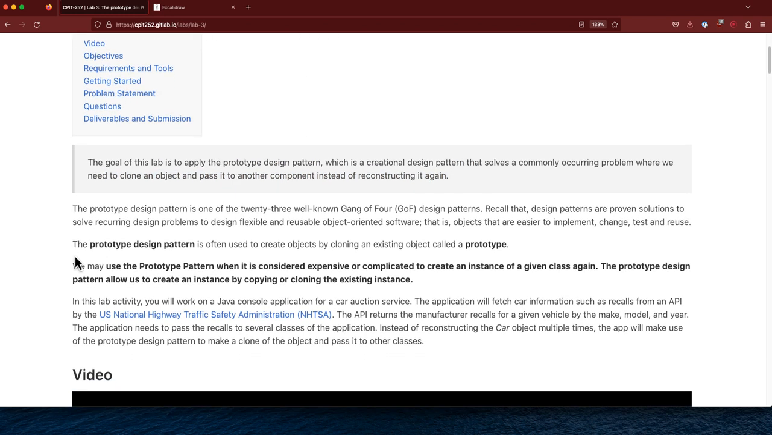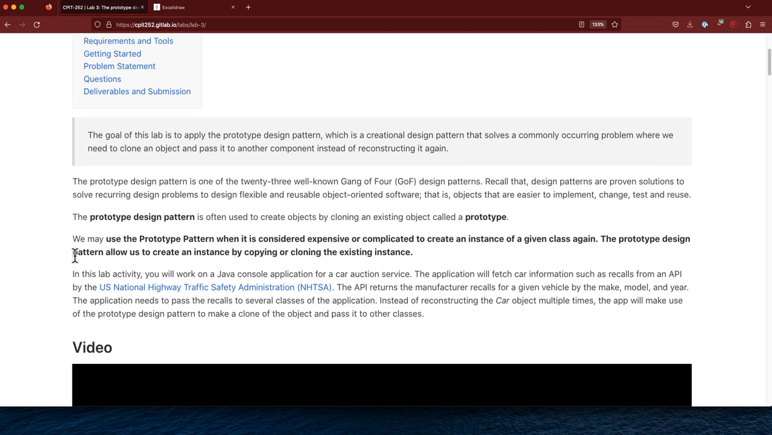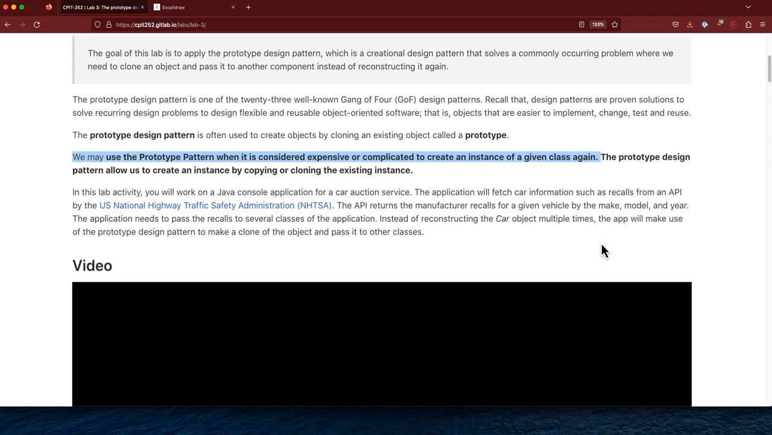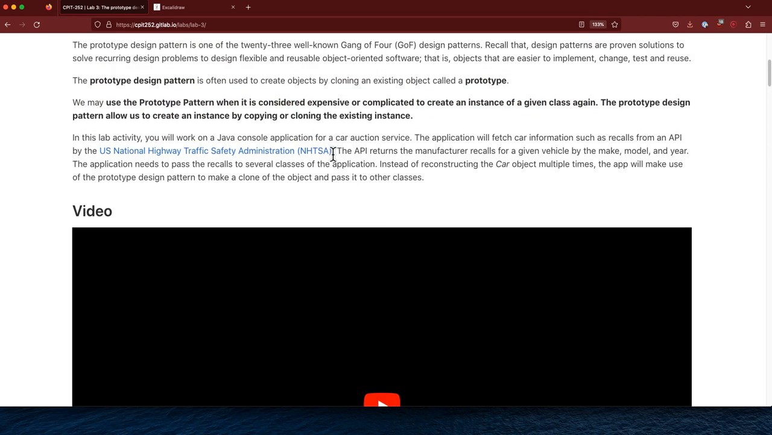So the prototype design pattern is often used to create objects by cloning an existing object called a prototype, and we may use it whenever the process of recreating an instance is considered expensive or complicated. So we resolve to cloning this object. So we're going to look at